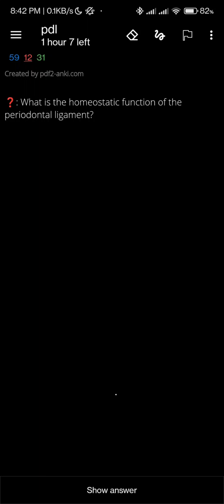So what is the homeostatic function of the periodontal ligament? When we talk about the homeostatic function of the periodontal ligament, what is it? They have these synthetic cells as well as the resorption cells. They are having these two types of cells, which is necessary for the